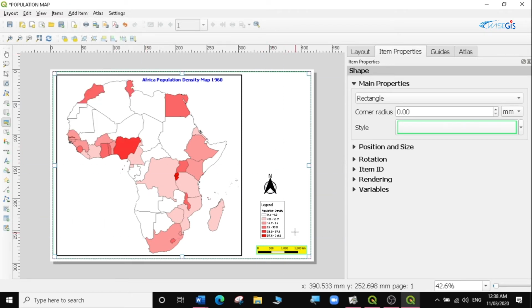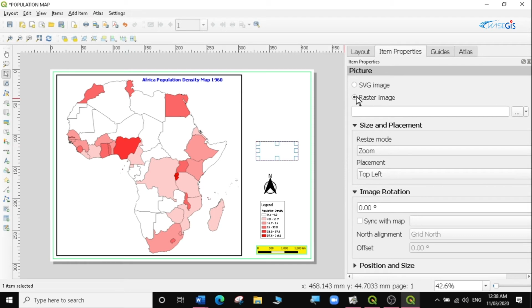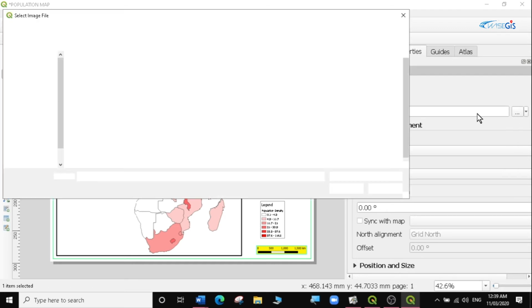Then I want to add my logo. Maybe I will put it below here, but I'm just going to work on it here first before I move it to the bottom. Currently my logo is on my computer somewhere. So instead of using the SVG images, I'm going to select raster images, and under the raster images I'm going to select the three dots here